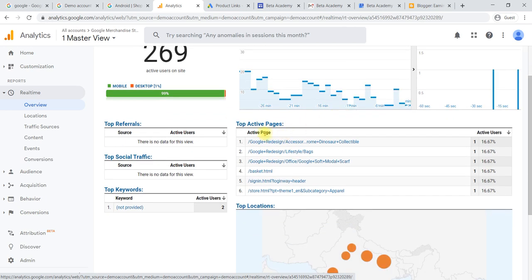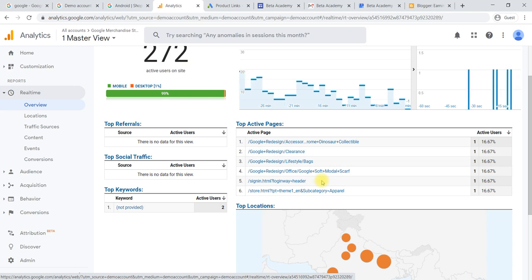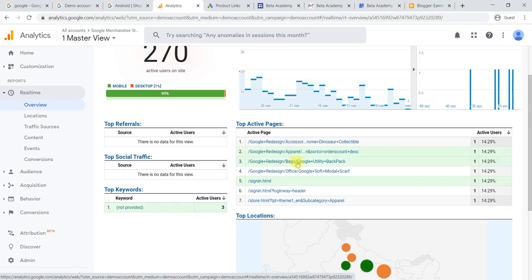Then also this will be useful when you are running a campaign. For example, which products are trending, the top 5 products which have been actively visited. That you will be able to know by using this particular page.